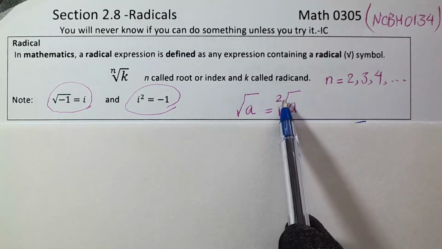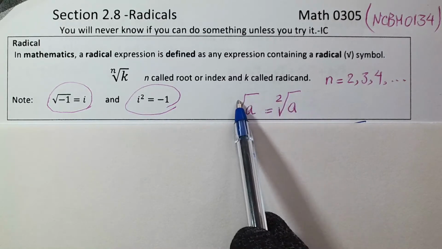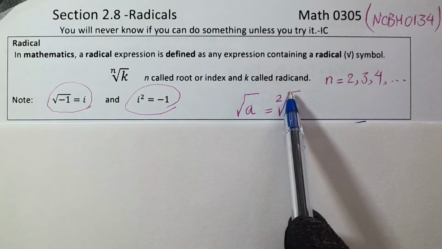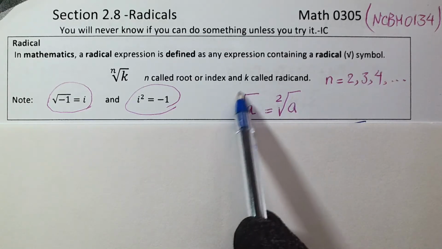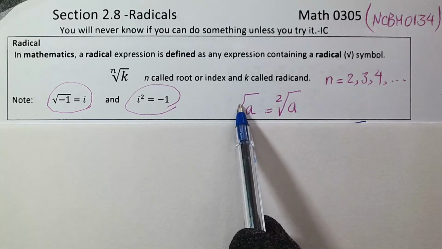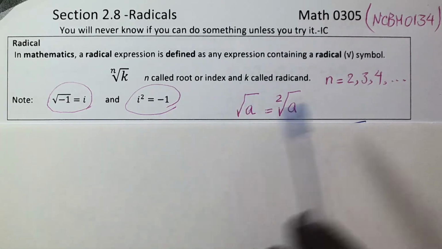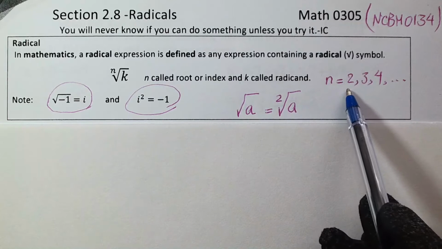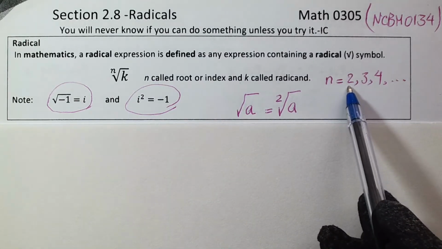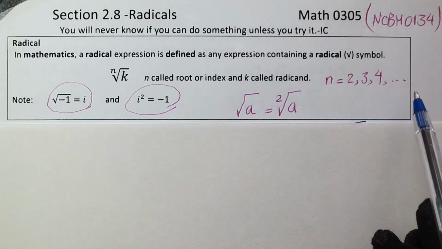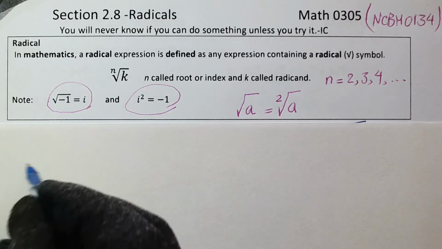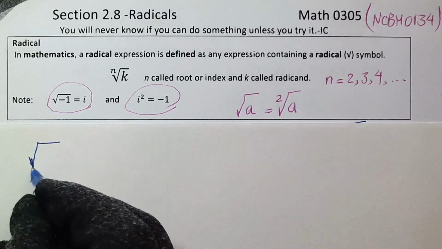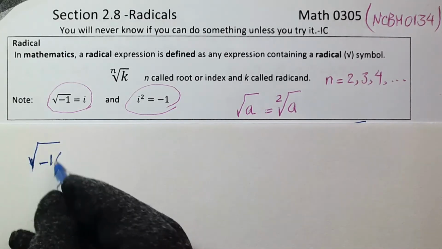Usually when the root is 2, we don't write the root. Look at this one. We read it square root of a, but we write it in this form without the root. If the root is an even number like 2, 4, 6, 8, and we have a negative under the radical, for example, the square root of negative 16,